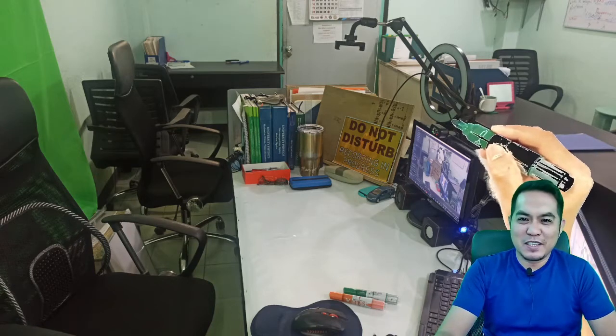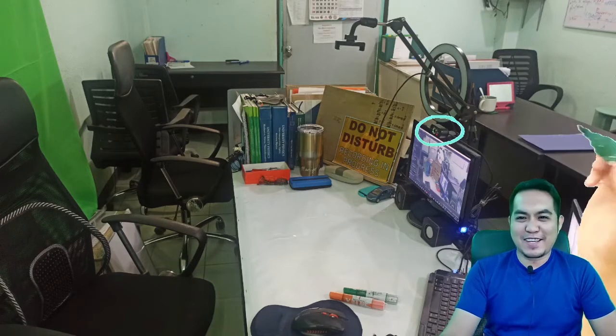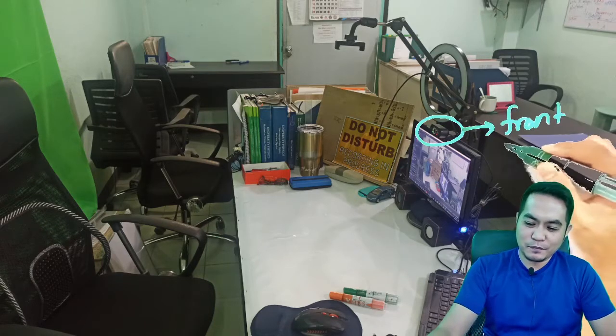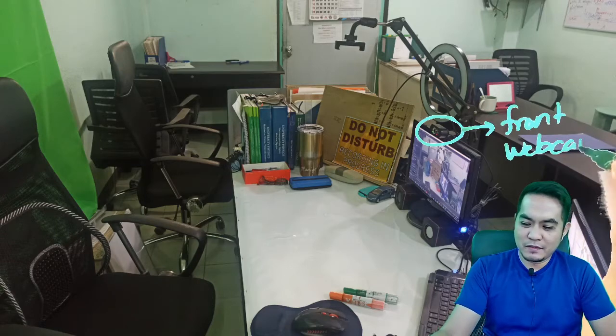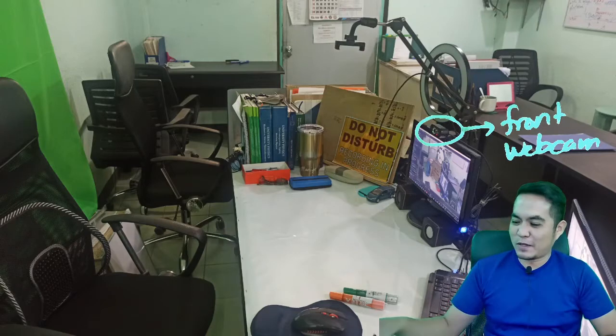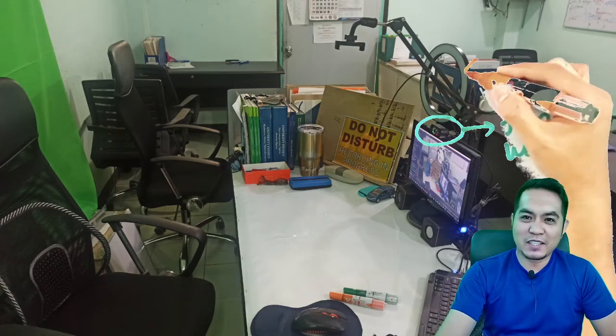So this small thing here is actually my front webcam. So this is the webcam that I'm using right now. So that's my front webcam. So I have one ring light,